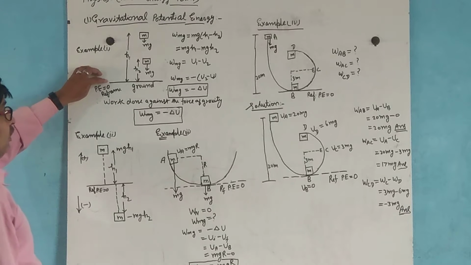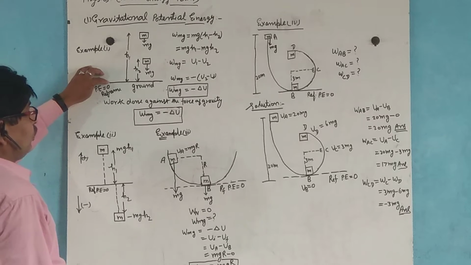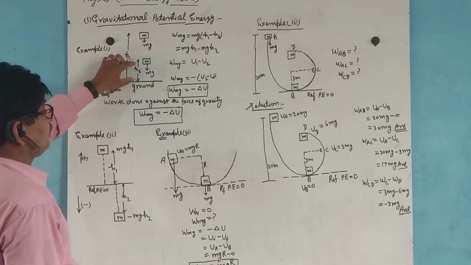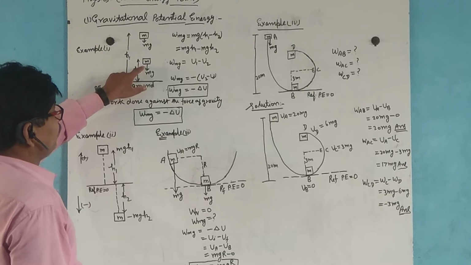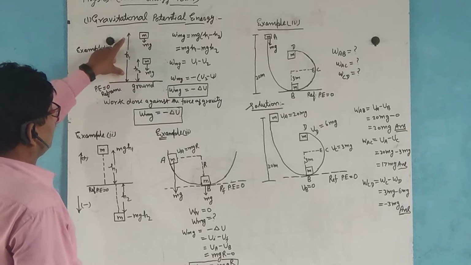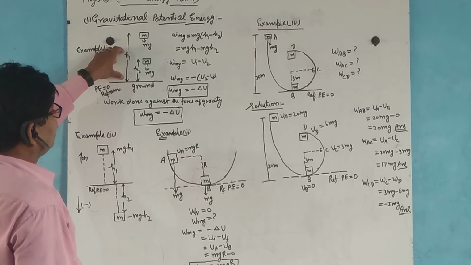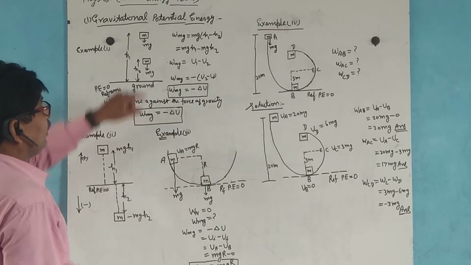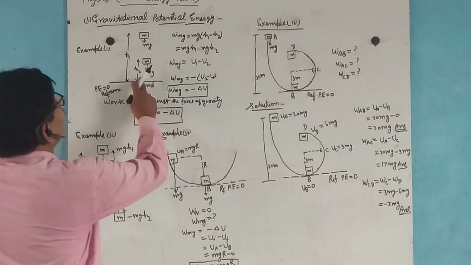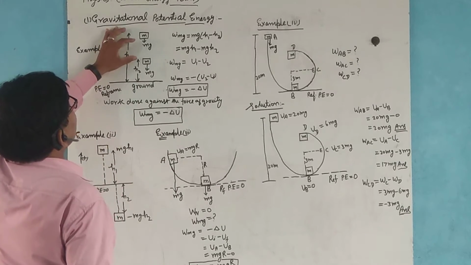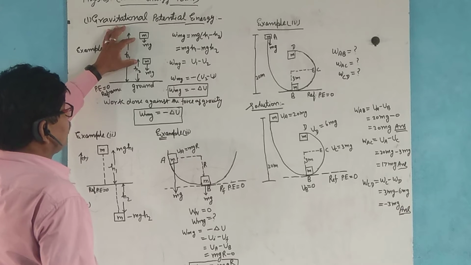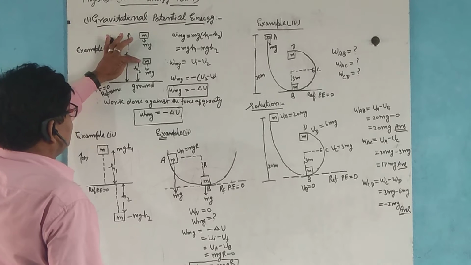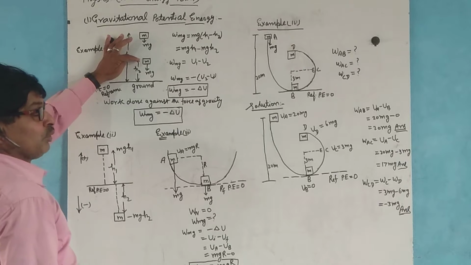The potential energy at this position is 0, and this is a position at height h, mass m, weight mg downward. This block is at height h2, mass m and weight mg. Now the work done in this case, the block comes from these positions, and the work is done by